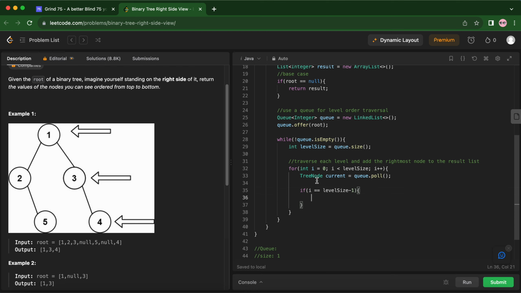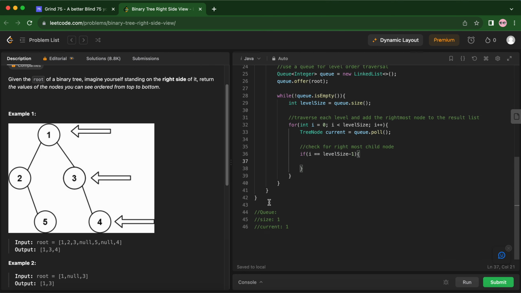This is the check for the rightmost child node. So level size is 1, i is equal to 0, so 0 is equal to 0, so we can add this. We know that we are at the rightmost, so current is the rightmost, so we can say result.add